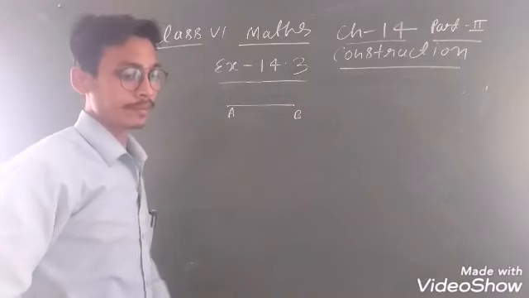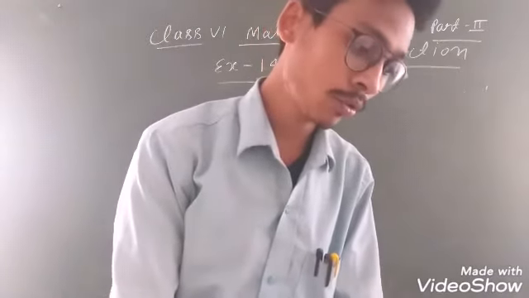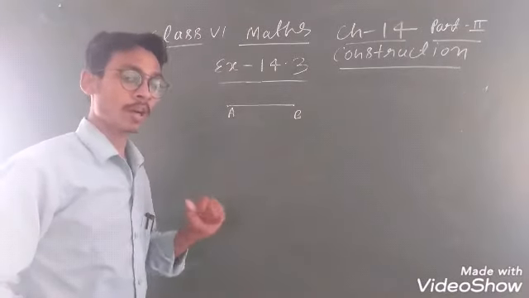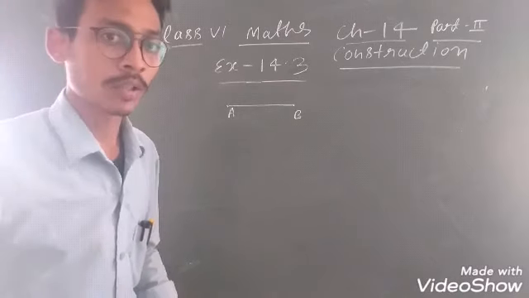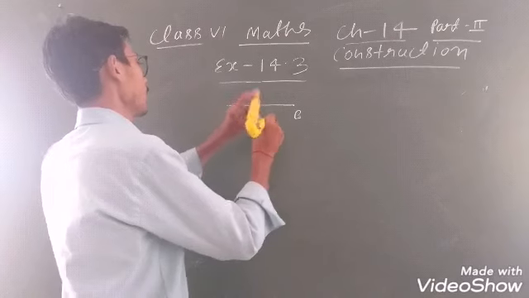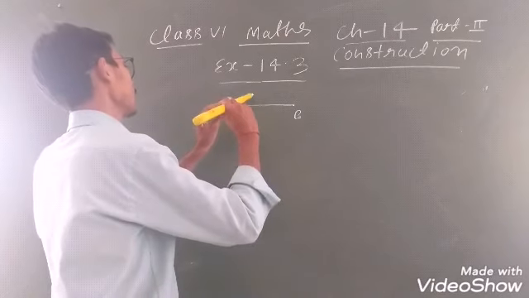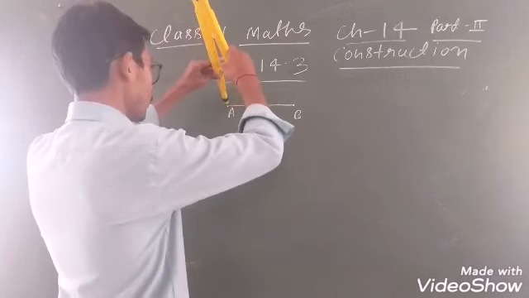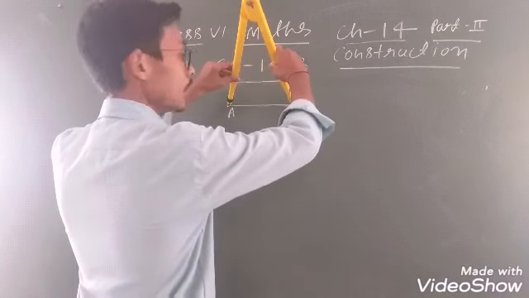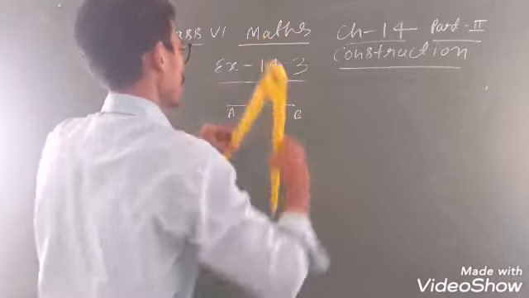अब the next thing is given. You don't have to measure, but you have to draw it correctly. अब how you will do? You will use your compass. अब देखो ध्यान से. You will use your compass. देखिए. One pointer should be on A and the second pointer should be on B. ठीक है ना? तो you will stretch your compass like that.